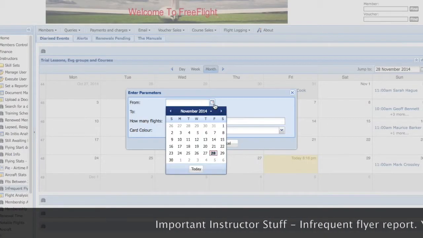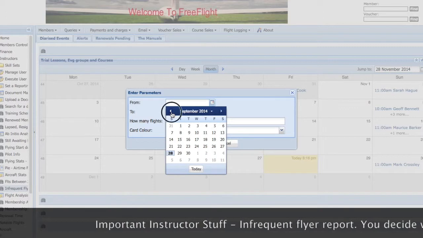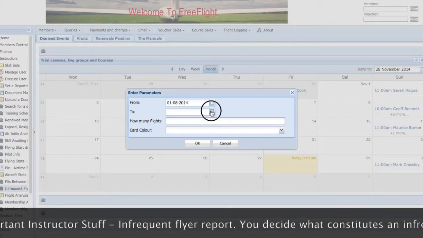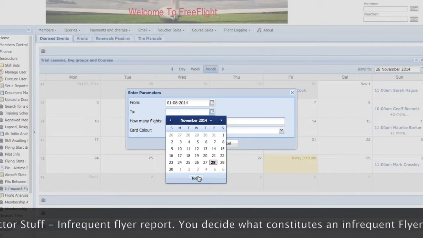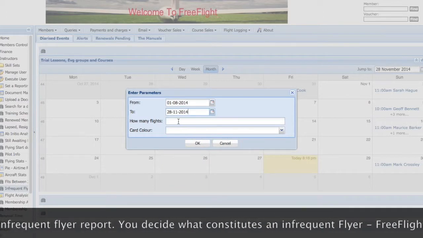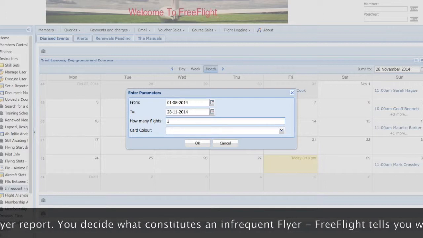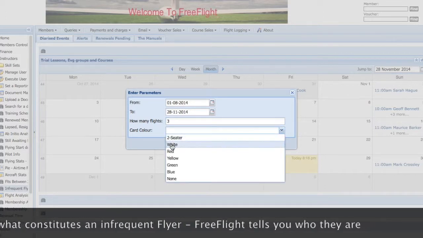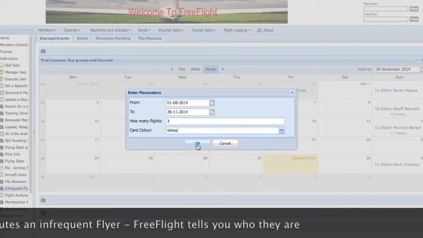On this screen we determine what constitutes an infrequent flyer. We're going to specify a period of time, and in this case we're going to select a 3-month period, and then we're going to say that if a pilot flies 3 flights or less within that period, then he's deemed to be an infrequent flyer. We're also going to select a DLG white card color,